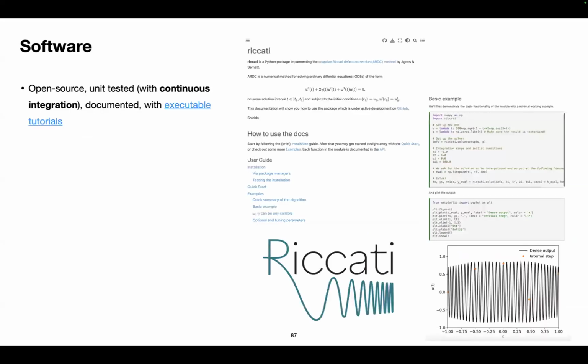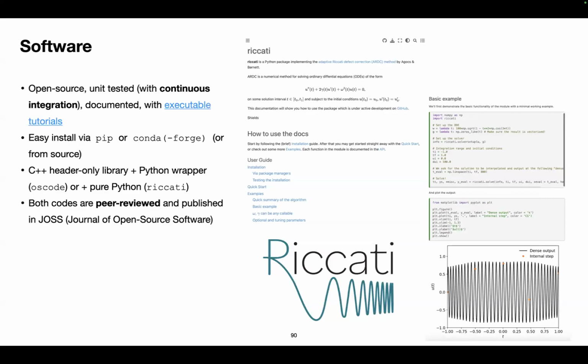Okay, so time to talk about the implementation. I have software implementations for both of these, and they are up to community standards in the sense that they are unit tested. They have online documentation, which I am showing some screen grabs of, with tutorials. They are implemented in C++ and in Python. And in Python, you can get them from PyPI or Conda.